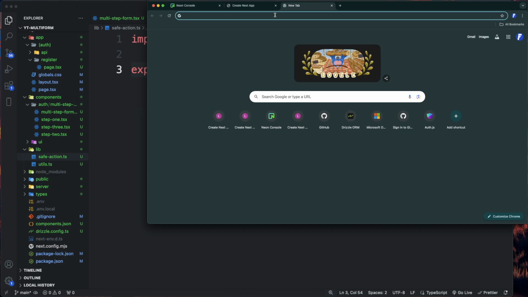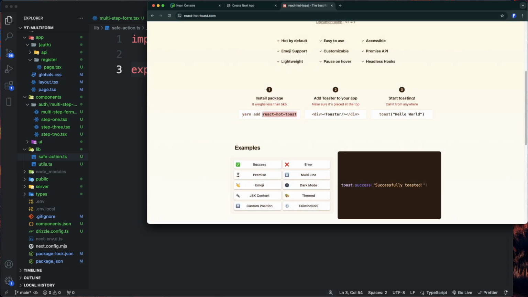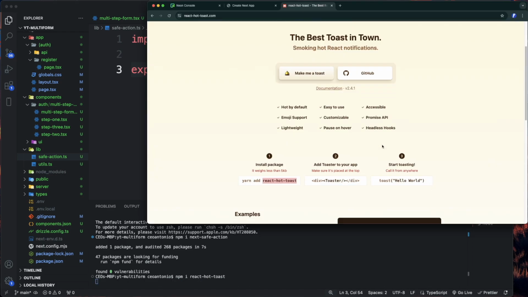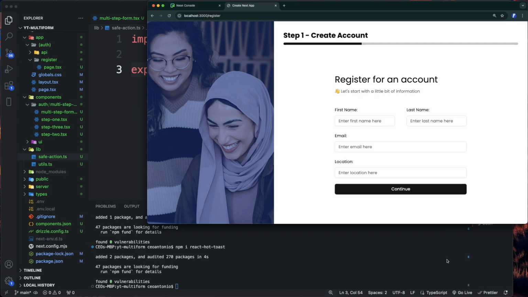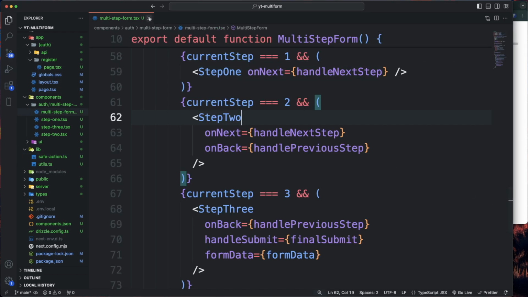Since we're already installing packages, I say we might as well install our last package we're going to be using, and that's going to be React Hot Toast. npm i react-hot-toast. All right, and we can actually close out of this. It's really easy to set up, so we're going to close out of that,